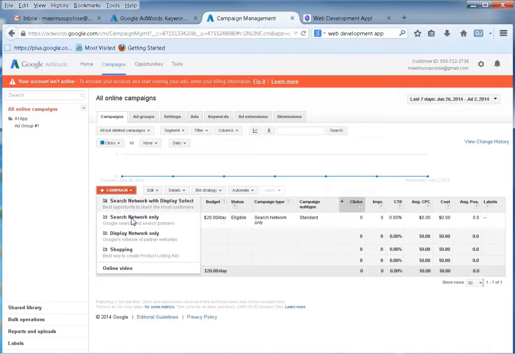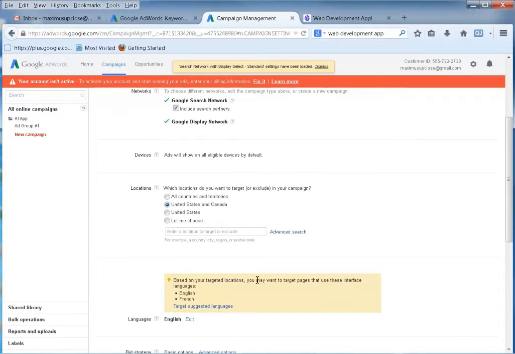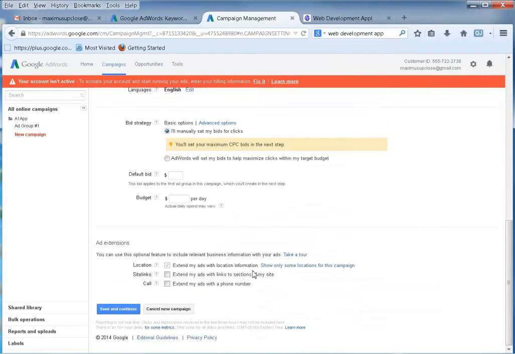Let's go ahead and go Search with Display Select, and put New Campaign, just like that. And you go down here and do your settings, just like we did before on the previous video, and set your budget per day, default bid, maybe 61 cents, make sure you put a point there, 0.61,